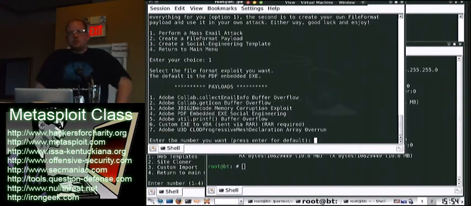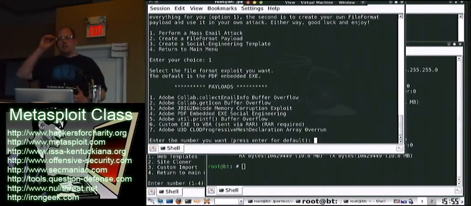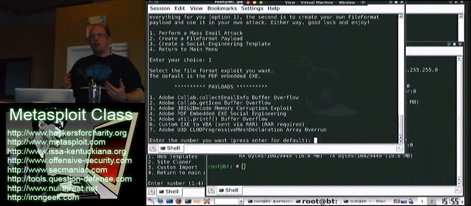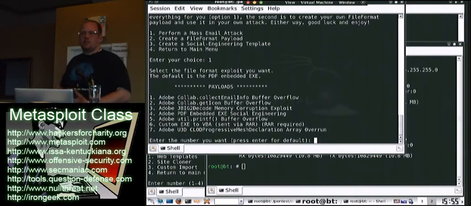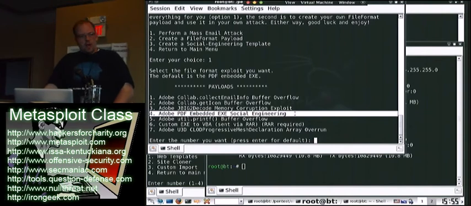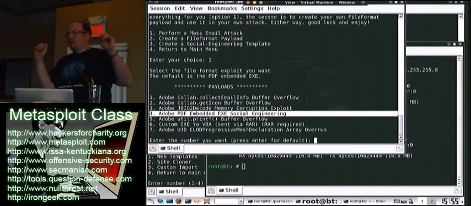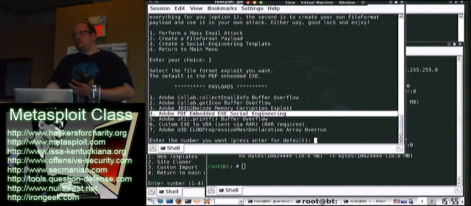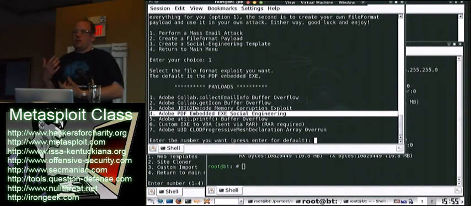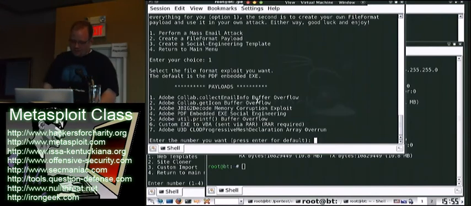And the mass email attacks use file format bugs. What file format bugs are is very similar to what you saw with Elliot. Instead of it being remote, it's local on your system, right? So when they open up a PDF, or a Word document, or something, it automatically compromises their computer depending on if they're vulnerable to that specific attack. One thing I will mention is that the Adobe PDF embedded exe is probably your most reliable method of attack. The reason is that it's not an exploit, and it's not criticized as an exploit. When they go to open up the PDF, there's an executable actually inside the contents of that document. As soon as they open it, it executes and then they're compromised. So not a flaw.